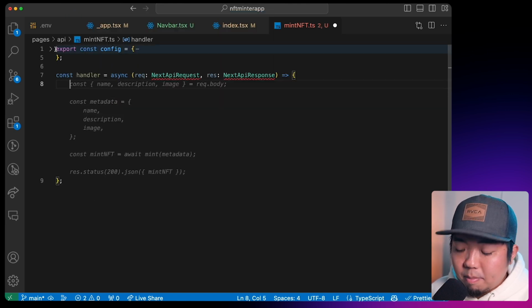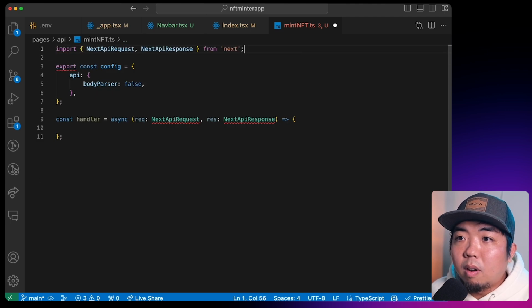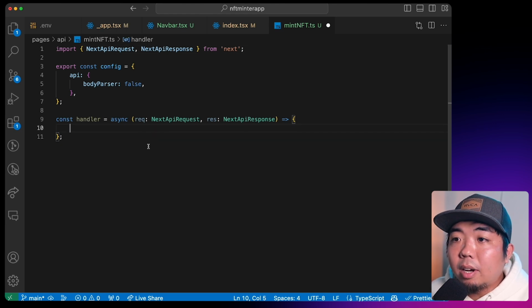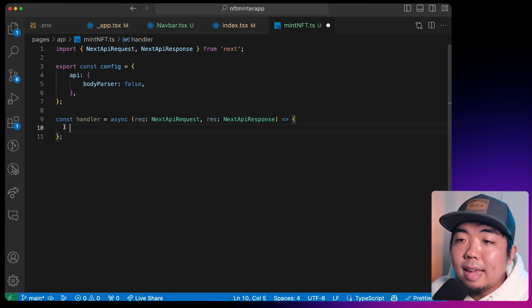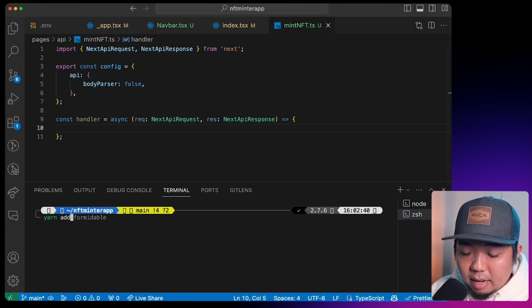And we're going to import our NextApiRequest and NextApiResponse. Then in here, we're going to create our request to thirdweb Engine and mint that NFT. But before we do that, I'm going to open up my terminal and run yarn add @thirdweb-dev/engine